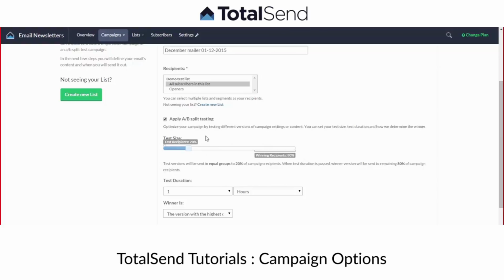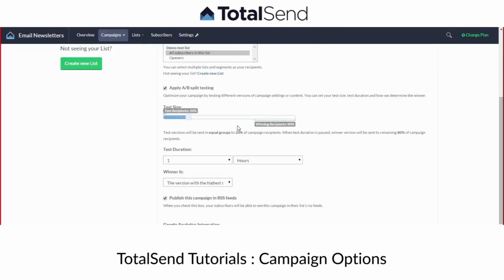Currently, at this size, I wouldn't be able to actually do this because I wouldn't have enough. So let's just say I had 100 subscribers in this list. It would then send 20 people the 2 emails that I create, so 10 each. And then out of those, whoever opens or clicks the most, it will then send the remaining 80 people the